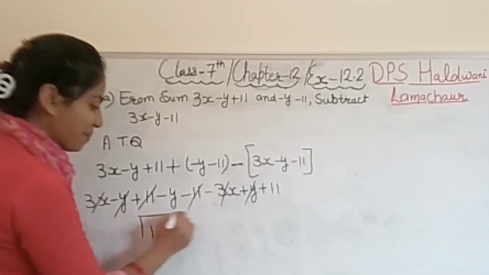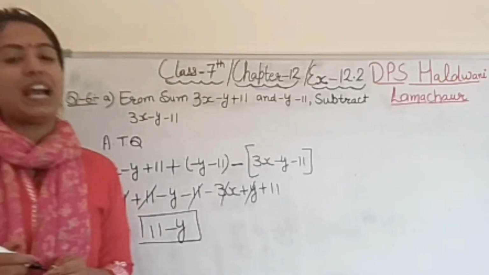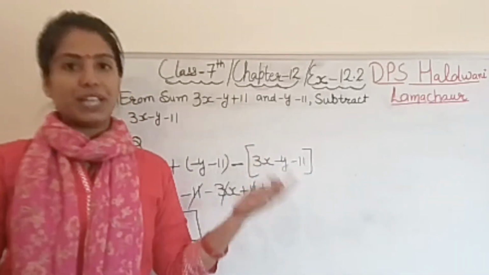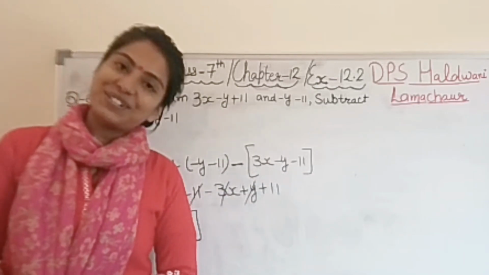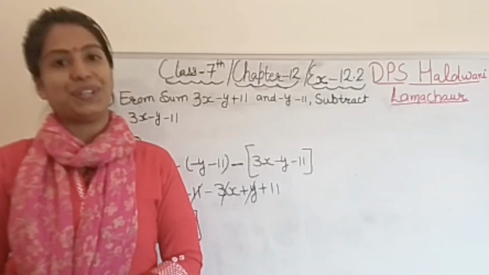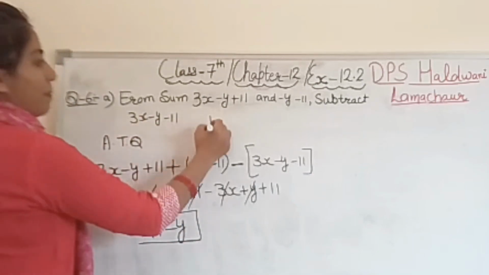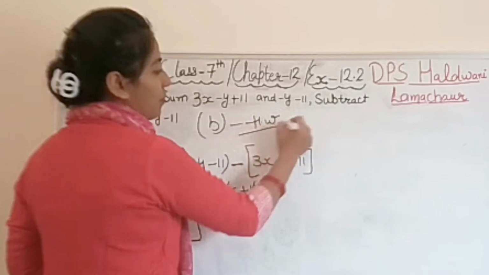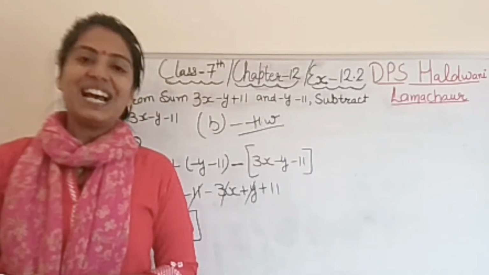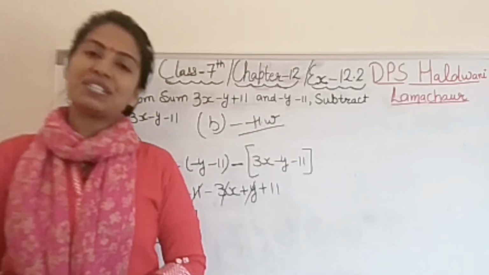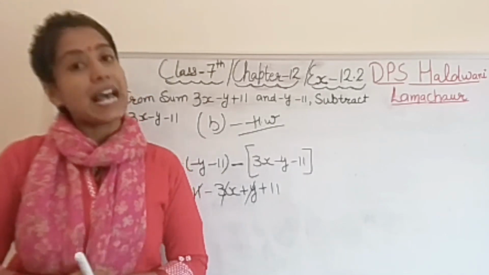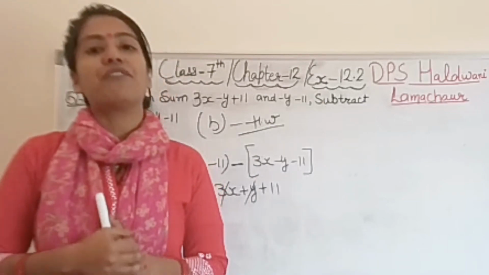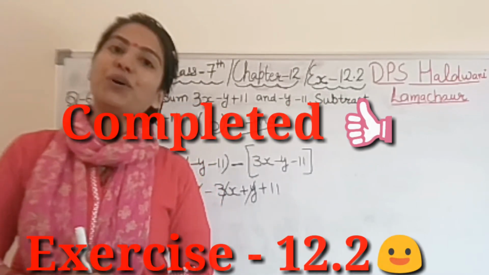That's it, student. Very simple. In the previous question we did addition or subtraction separately, but here in the same question we have both. So the method is just the same, student. So this was about A part. B part is also there for question number 6. That is homework for you. We have the same type of question in B part. I hope you got today's concept, student. It is just addition and subtraction of algebraic terms. So with this question number 6, we have completed our exercise 12.2.